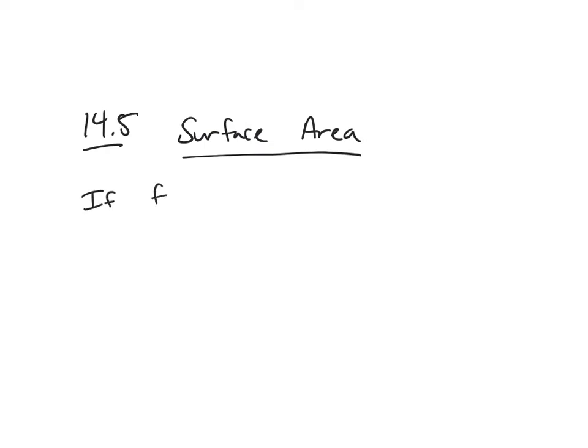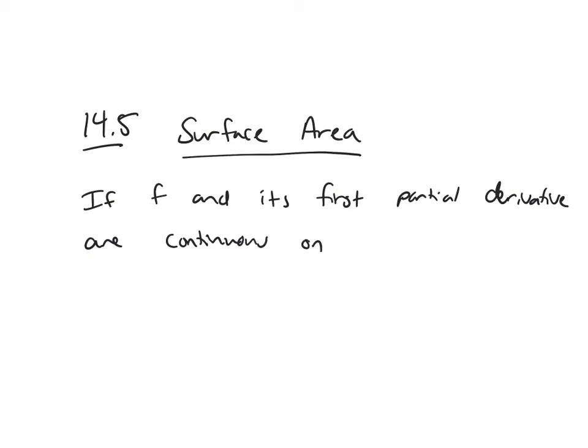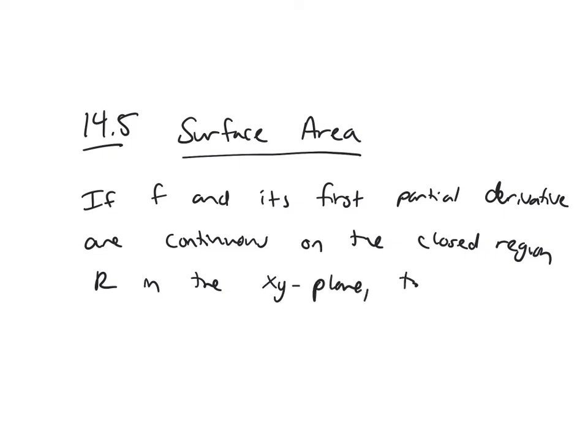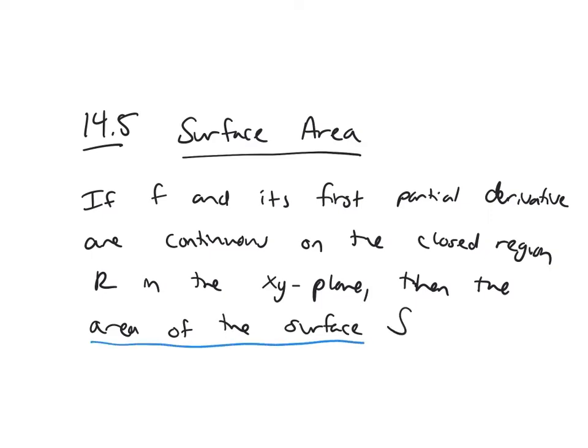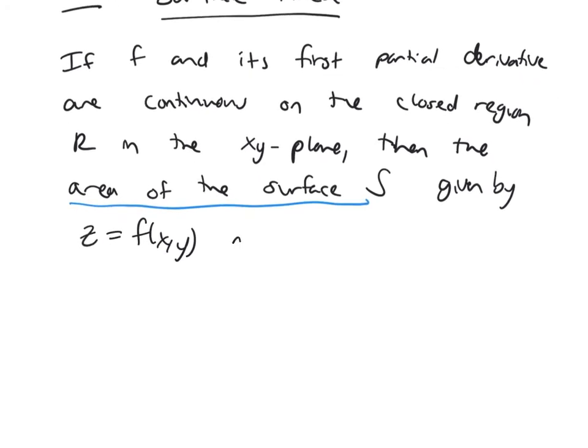If f and its first partial derivatives, so that's fx and fy, are continuous on the closed region R in the xy plane, then the area of the surface S given by z equals f of xy over the region R is defined as,